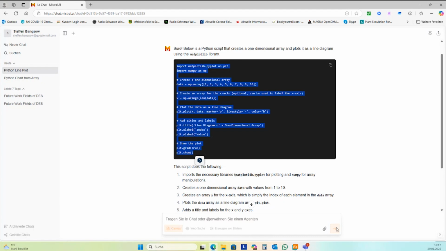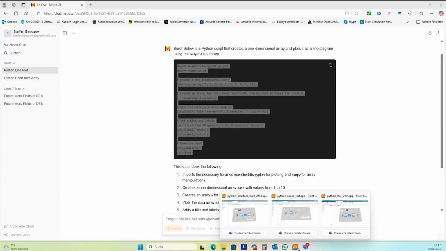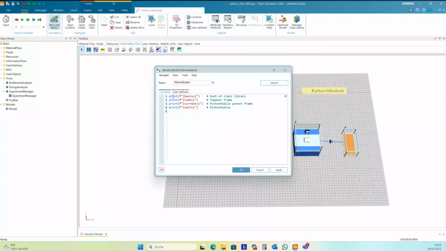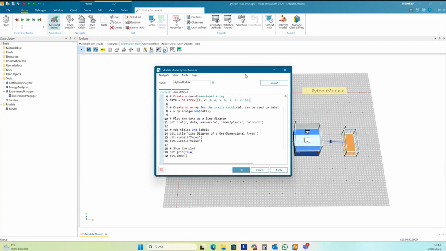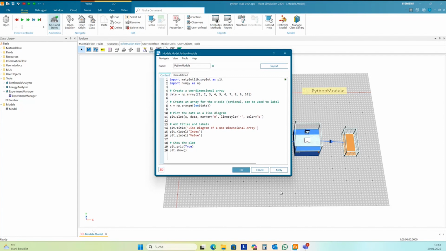It's not so extended, and you need to pay money if you want to have a better version of this. Okay. And now I input this into my Python module.